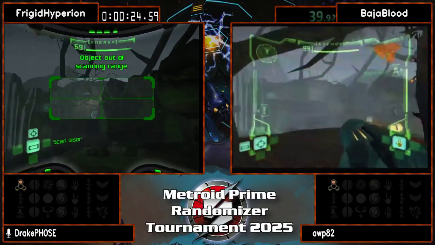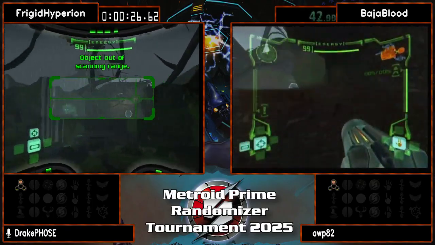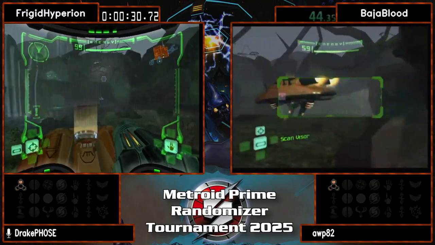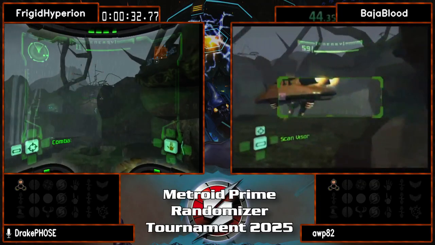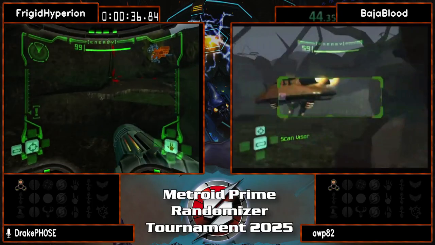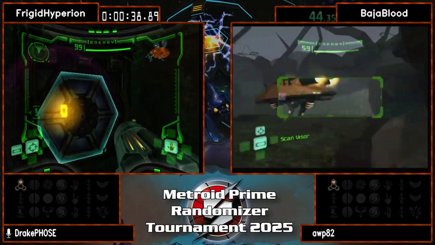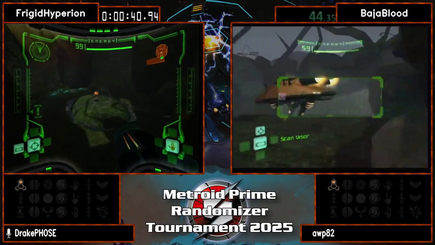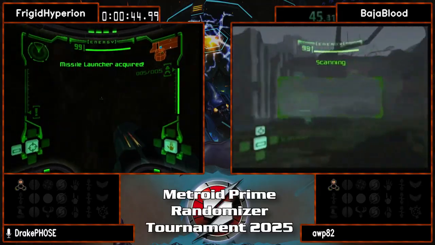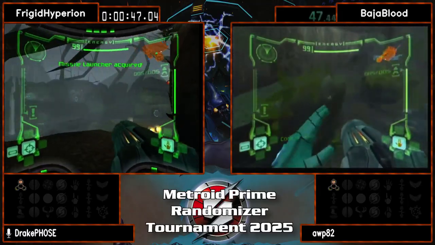Next, we check under the ship, go to Artifact Temple, grab our hints. That looks like a visor. Looked like X-ray visor to me. We will be able to double check here with Hyperion, but I imagine both Baja and Hyperion are going to be going to the Artifact Temple, grabbing some hints. In terms of what's in logic, it is just Artifact Temple